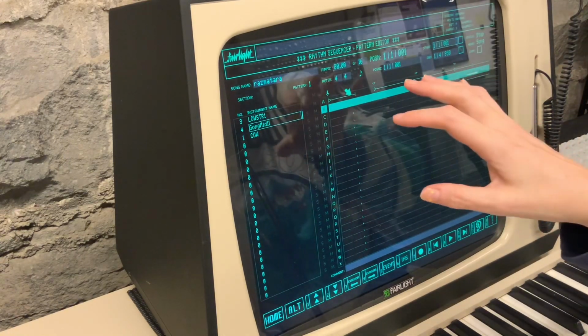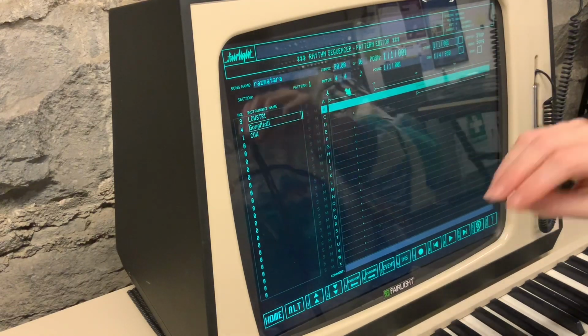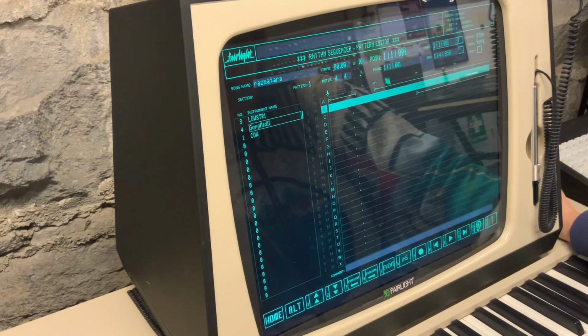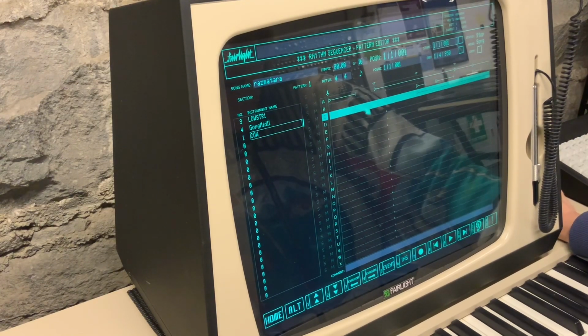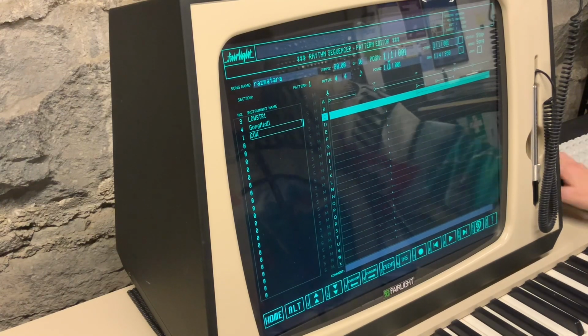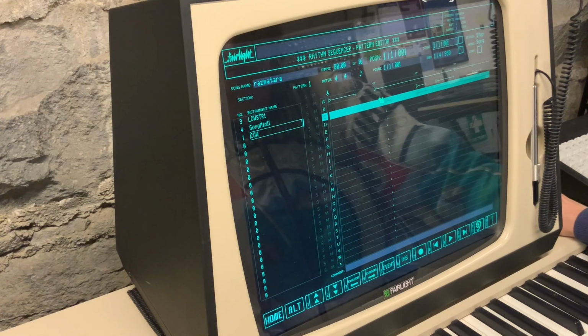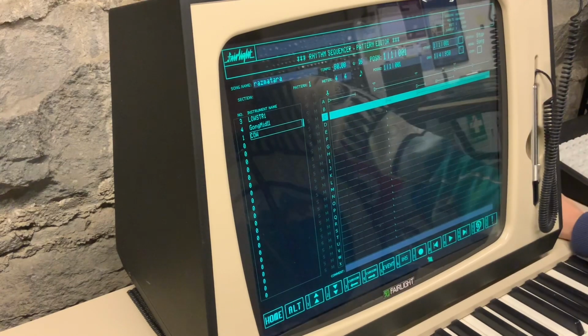That said though, it's all the same pattern. So if I add a note in this position, right at the start, let's add a small note. I just click on the keyboard, hit insert. You're going to see that it's in every iteration of this pattern now. So yeah, if I listen to it,